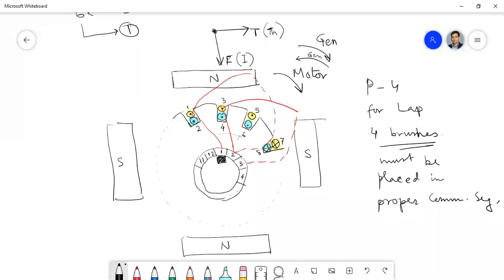So that is very powerful. On the very first day's class in that machine, I told you that don't forget these two rules. It's a very powerful thing. Many times you will apply this.